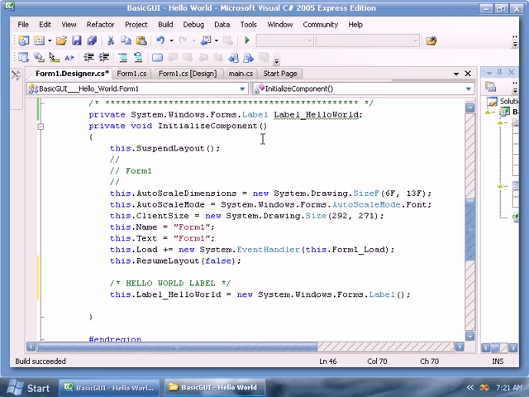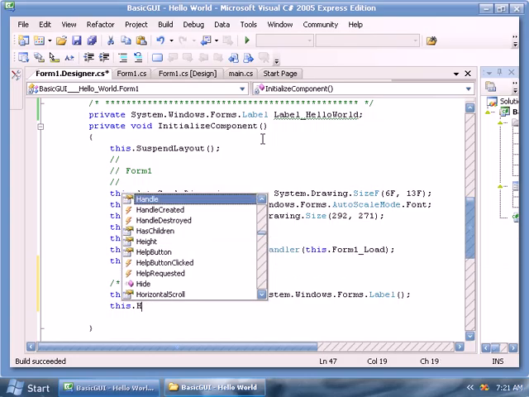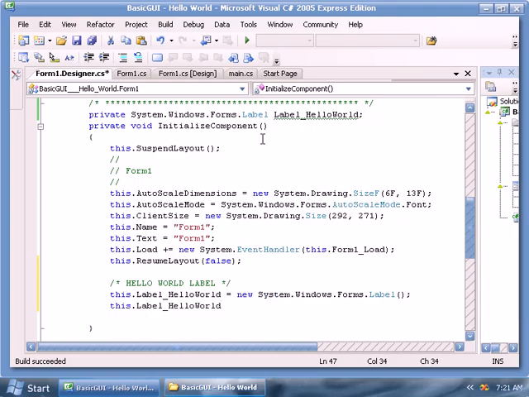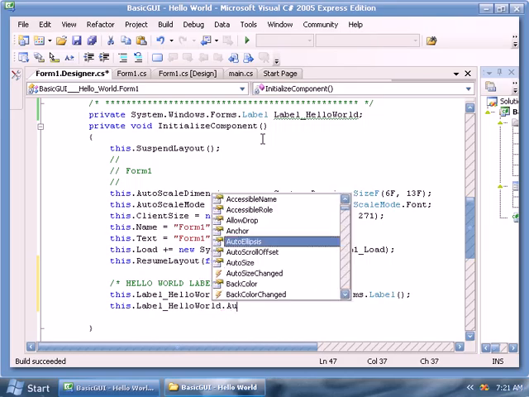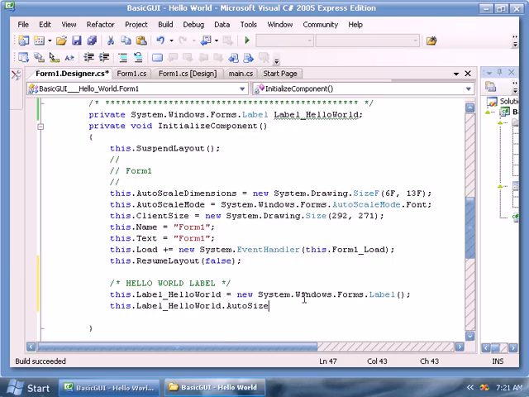So now we're adding that to our form, and we're going to do this again: this dot label underscore hello world dot AutoSize. I spelled it wrong, AutoSize equals true,